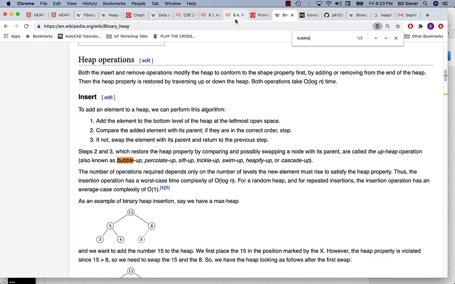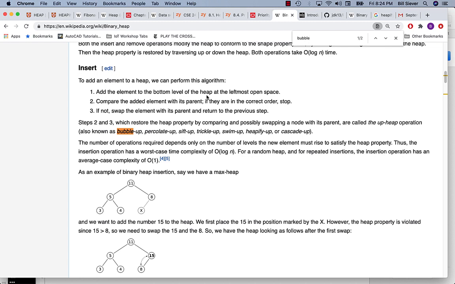But it also indicates the common names for the process that just takes care of moving a node into the proper place on the insert or the remove. So that would be just those components that did the loop that we already looked at. So the common names are bubble up, percolate up, sift up, trickle up, swim up, heapify up, and cascade up